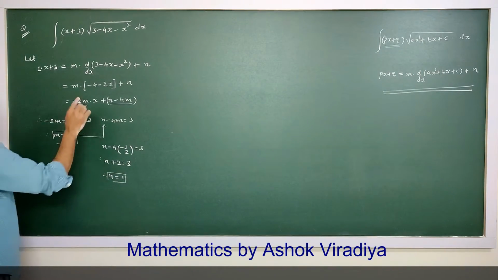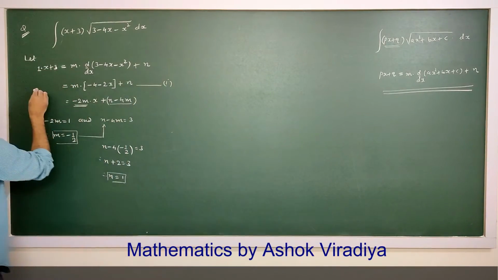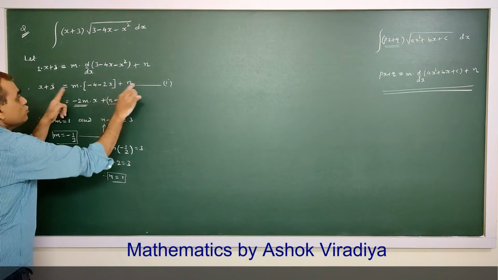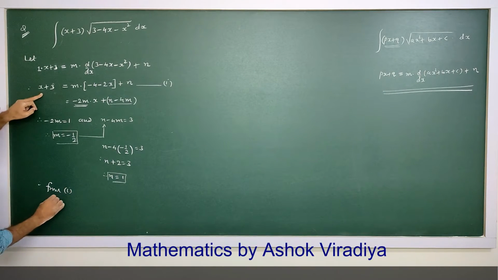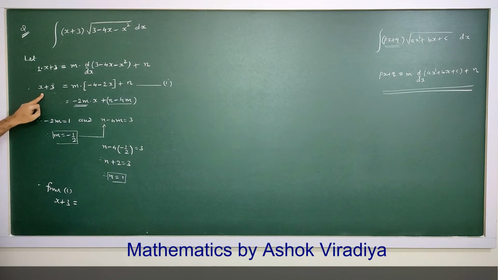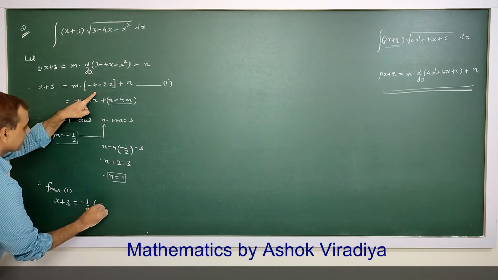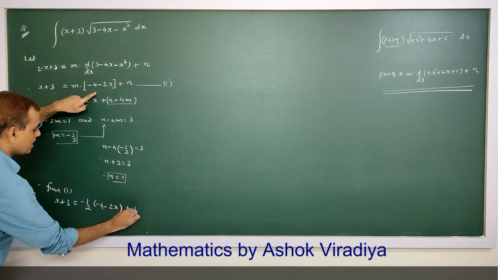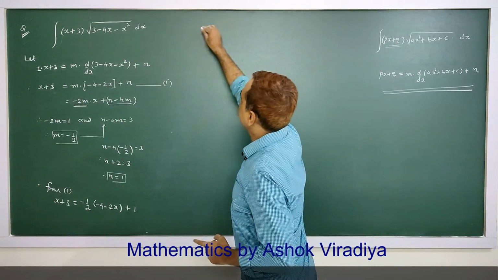So here we shall use this replacement for x plus 3. This will be replaced by this new expression with the values of m and n. Therefore, from 1, x plus 3 can be expressed as minus 1 by 2 into (minus 4 minus 2x) plus 1. So using this in the required integral,